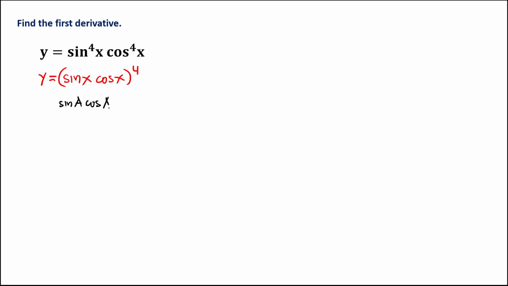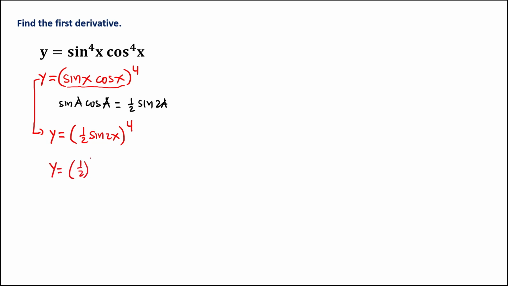sine a cosine a is equal to 1/2 sine 2a. So therefore, this function becomes, for sine x cosine x, this is equal to 1/2 sine 2x, then quantity to the power 4. Then we can simplify. So this becomes 1/2 quantity to the power 4 times sine 2x quantity to the